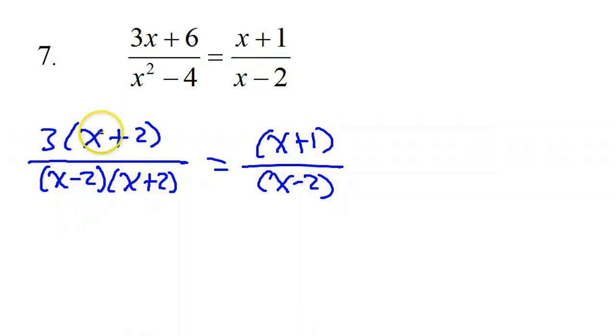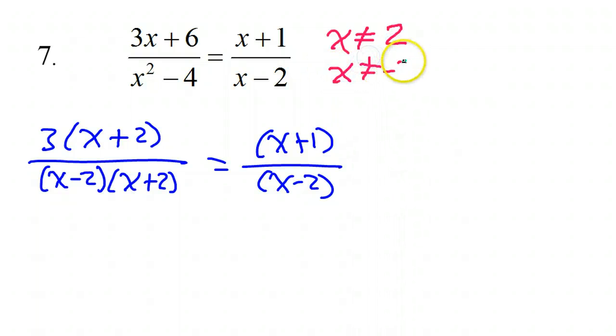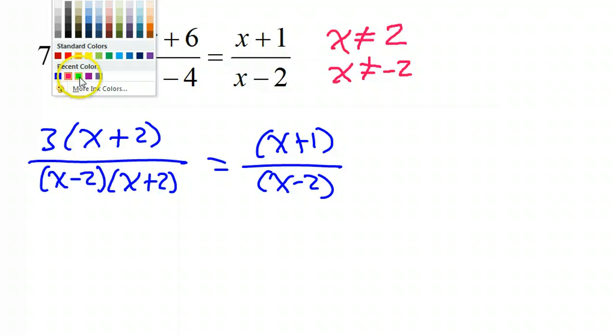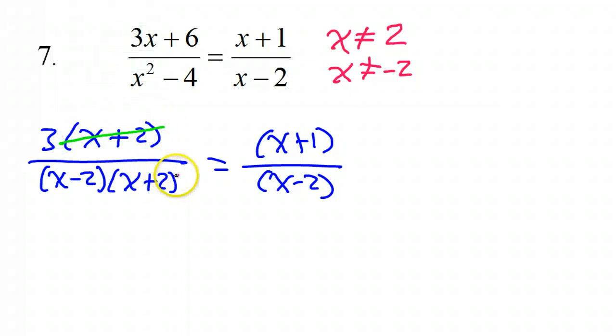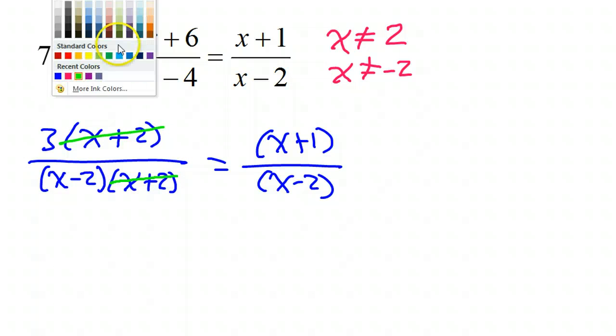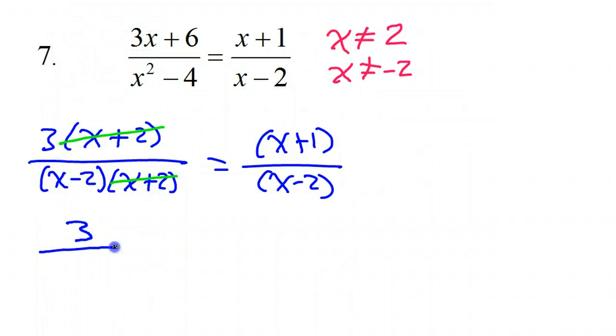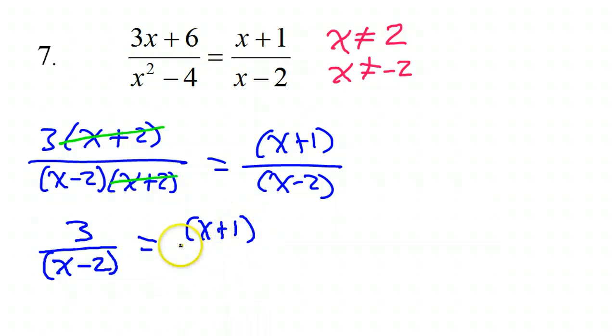So I'm noticing that I've got 2 factors I can cancel out now. But just let's take note of the restrictions early. X cannot equal 2. X cannot equal negative 2. Those are the restrictions from each of these. And this is the same. Now, with that in mind, these x plus 2's, we can cancel them out now. Okay, so that will leave us with 3 over x minus 2 is equal to x plus 1 over